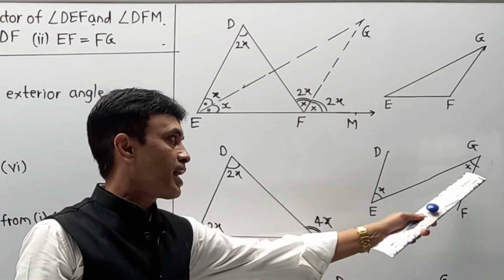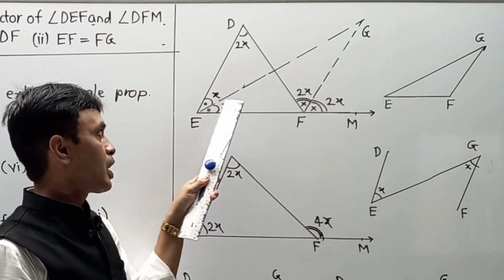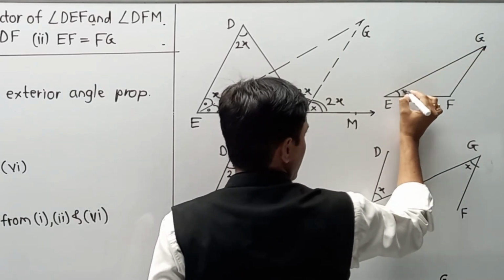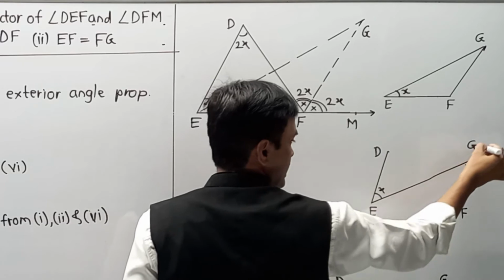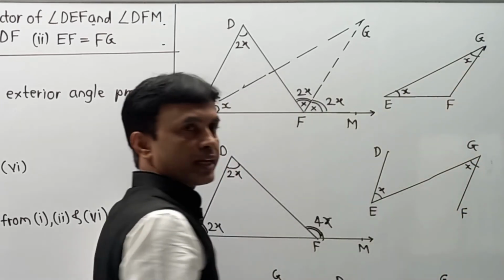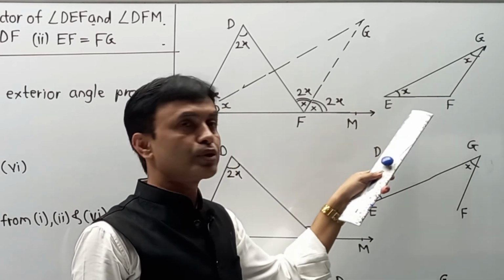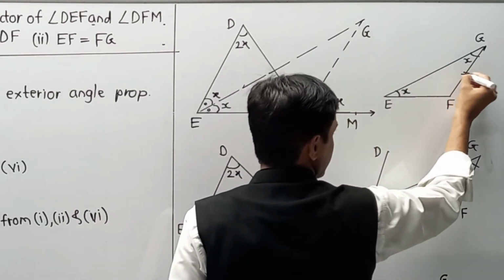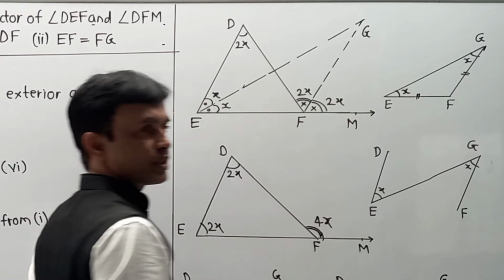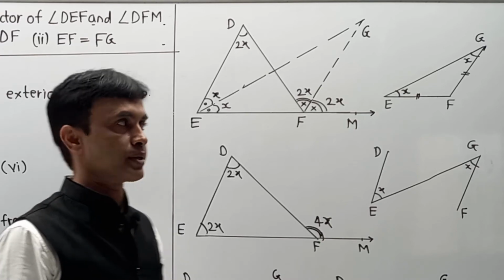And as x and x are congruent, observe the triangle EFG. Already this angle is x. So observe EFG. This angle is already x, and now we are able to find EGF as x. Naturally, the first angle is x, the second angle is x. In the same triangle, the sides opposite to equal angles must be congruent. Then this side is equal to this side. Automatically we can say that EF is equal to FG. And these two parts, we are going to write over here. So please pay attention, that is our last part.